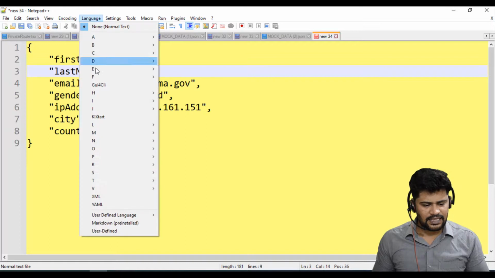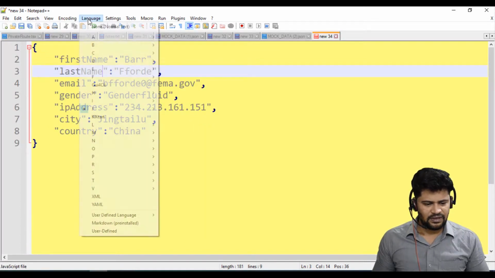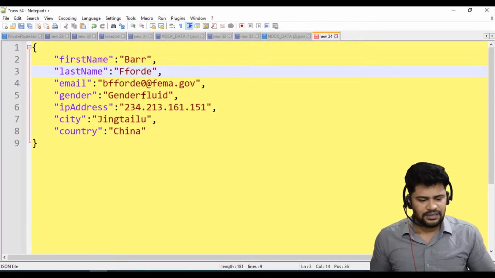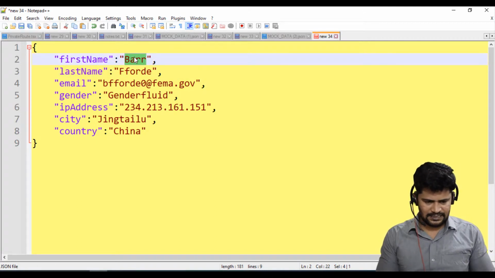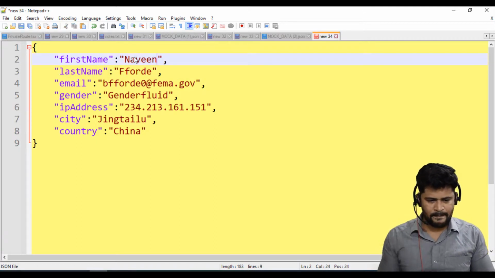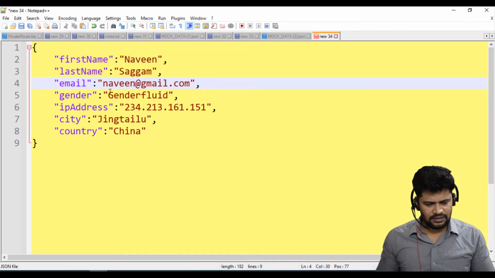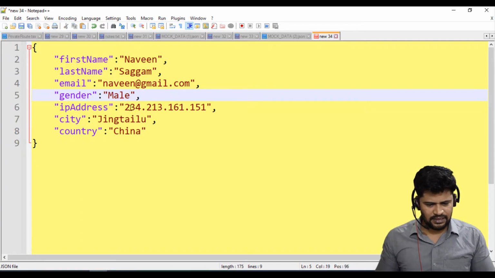So let's change the language to JavaScript. Or else you can change the language to JSON. Nice colorful data. So I don't want this name. Let me give a different name. Let's say my name and email ID, some dummy email ID. Okay. Gender, male, and IP address.